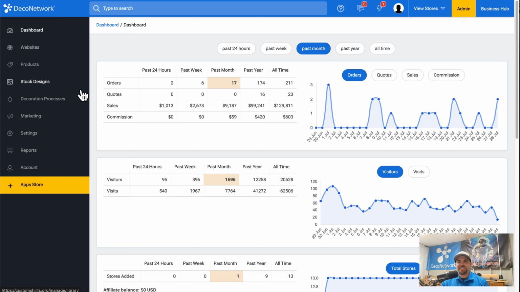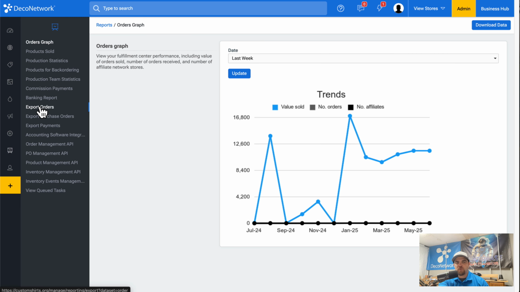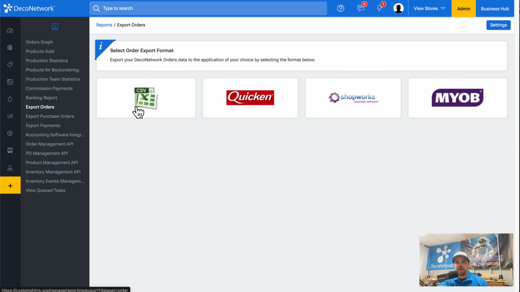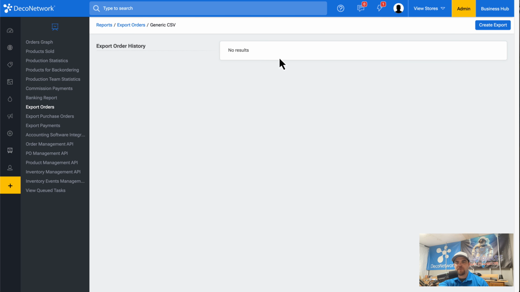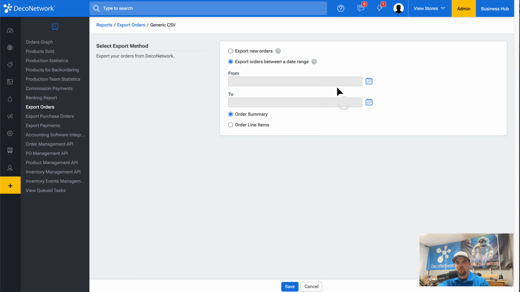DecoNetwork makes it easy to export orders to a CSV. Simply come into the admin, come into Reports, Export Orders, and here we can click CSV, Create Export, choose to export the newest orders, everything that's come in since our last export, or we can export between a date range,